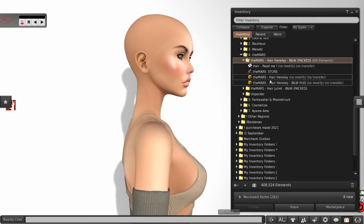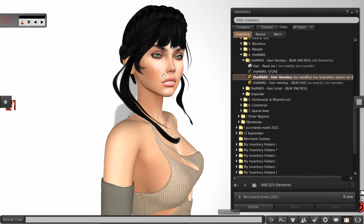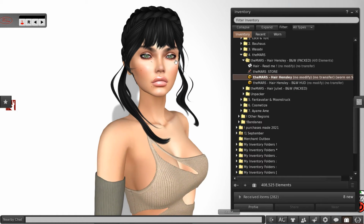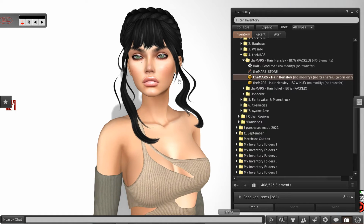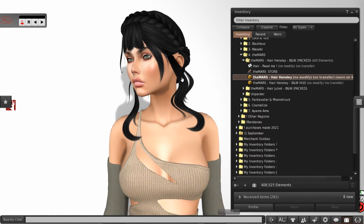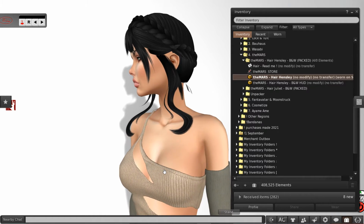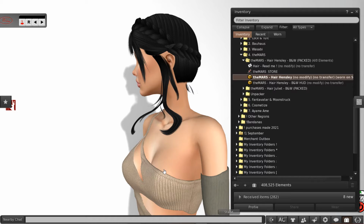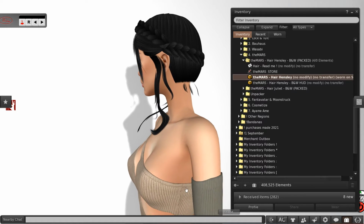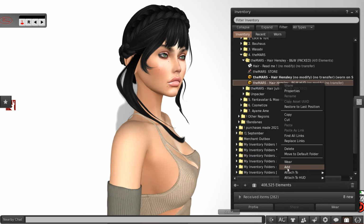So Hensley is this lovely braided across the top style with lovely tendrils falling down and framing the face. It's a great style. I also actually saw a little girl trying it on, and she looked adorable. Whimsy has me having to stop myself from kidnapping little children when I see them. So Hensley has a HUD